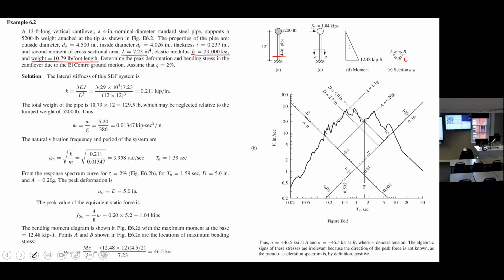Determine the peak deformation and bending stress in the cantilever due to El Centro ground motion. Assume damping equal to 2%. We want to calculate, if the El Centro earthquake occurs, what's the peak deformation of the system and the stresses inside. And then we can compare the stresses with the allowable stress, with Fy, the yield stress, to see if it's safe or not. This is what we want to do. Okay? The point is,